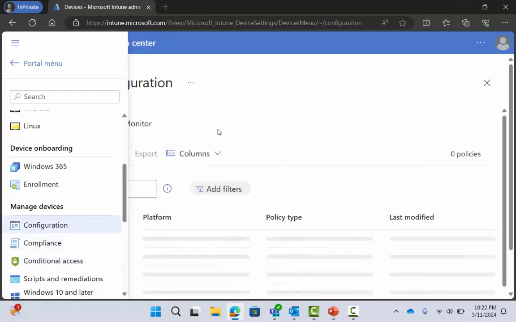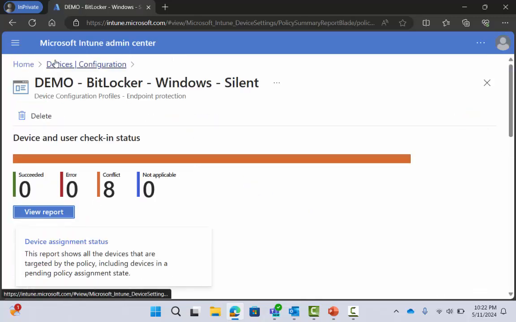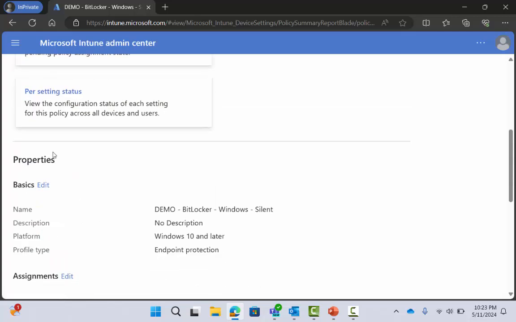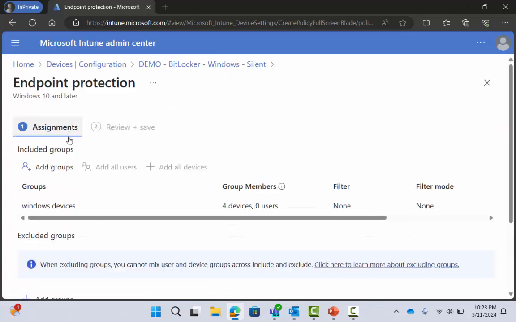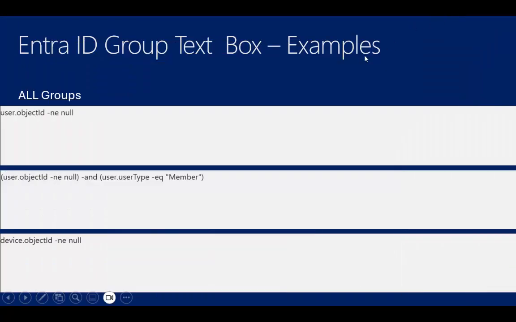And then we'll look at one. Doesn't really matter which one I use. Look at the assignments, edit, and then you will see that I have all users, all devices. Even if I don't have the all users and all devices group in my tenant, this works okay, right? But if you want to add the all devices and all users to your tenant, basically these are ways you